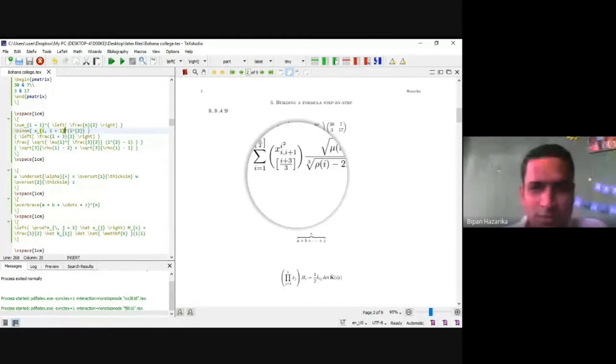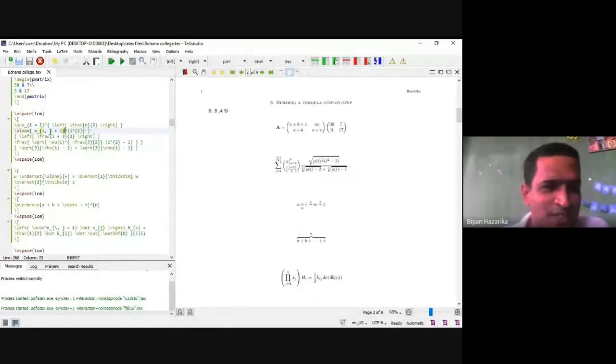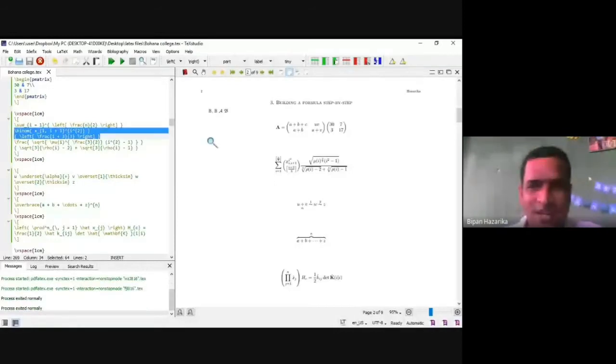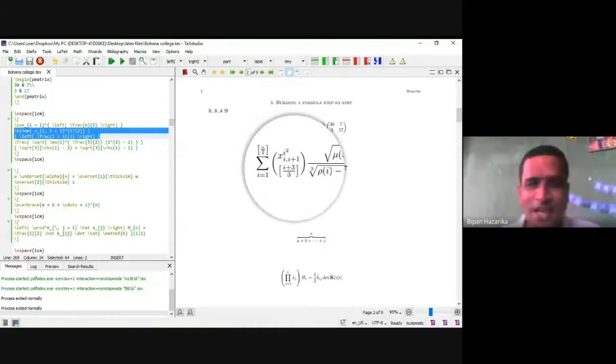This command shows this middle term, the binomial part of x i square, i plus 1, square bracket i plus 3 by 3.